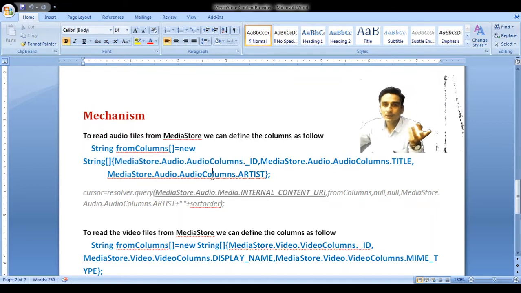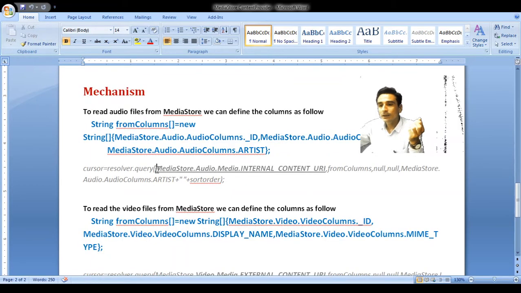Then for MIME type, it is here ARTIST, and the URI is MediaStore.Audio.Media, internal or external URI, whatever URI means. Whether we want to access the data from external storage, then we should write here EXTERNAL_CONTENT_URI. If we want to access data from internal memory, then we should write here INTERNAL_CONTENT_URI. If we are reading data from external storage, our application should take permission READ_EXTERNAL_STORAGE.